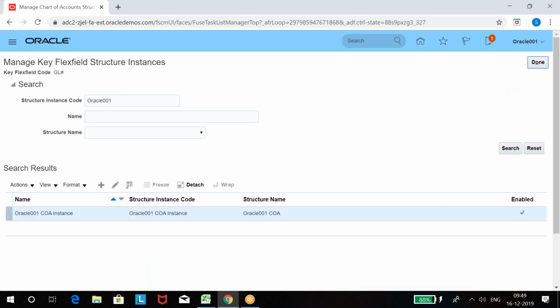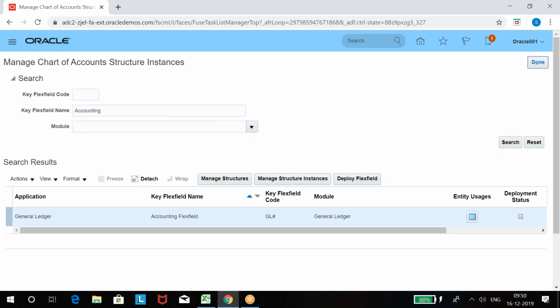Before using this, I showed you how to create a value set and how to create account values because you need to know. So now you know how to create account values. That's why I'm using this. Now you know how we create account values in real time, and you can use this for practice purposes. Any questions? We are done with the entire chart of accounts setup.